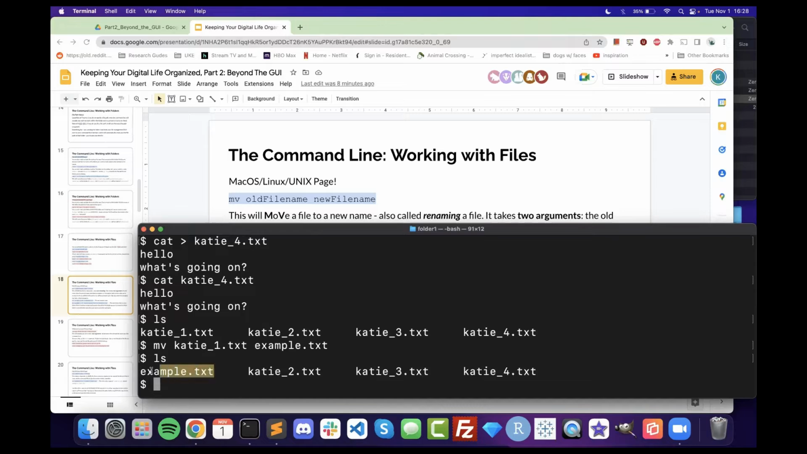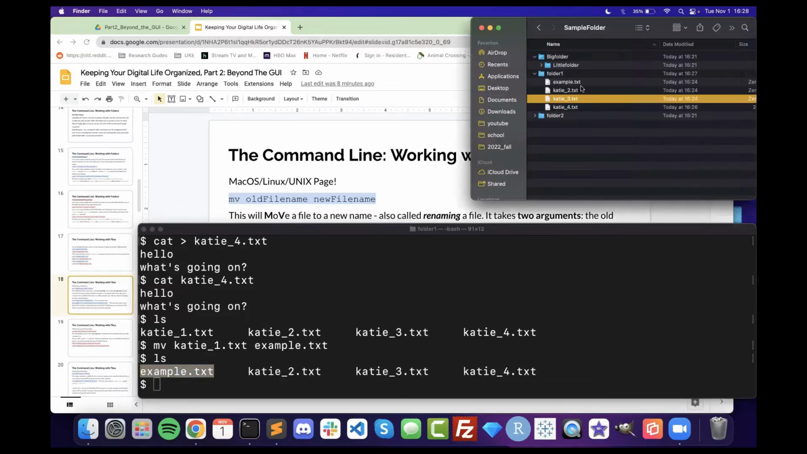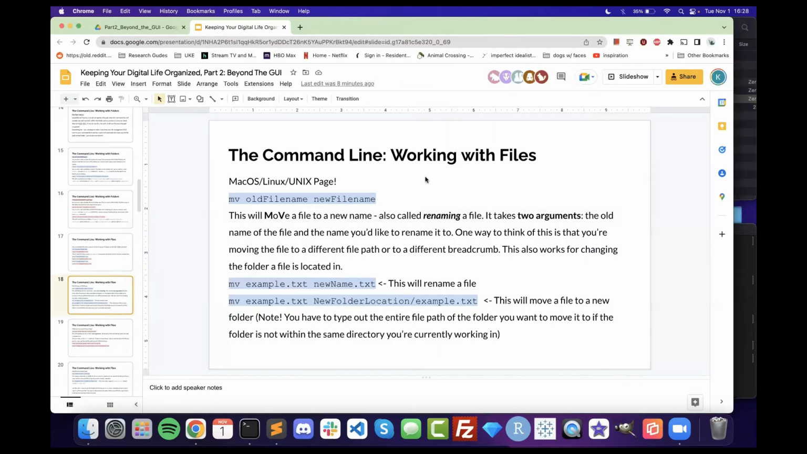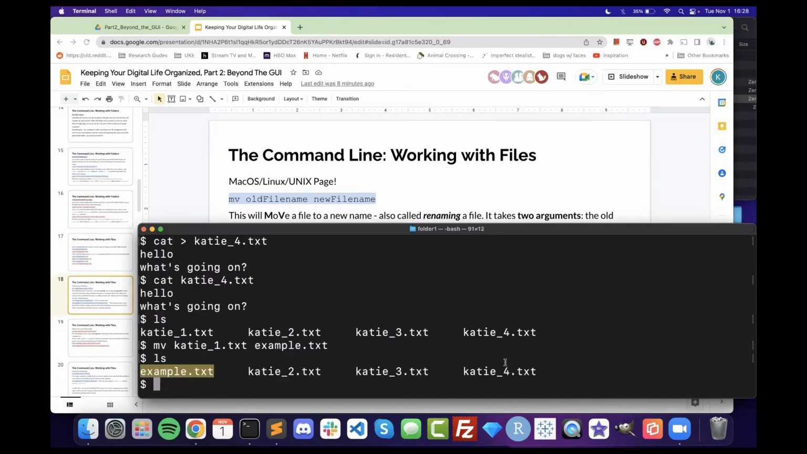It's changed, no more Katie1. We've got an example.txt. You can see that mirrored here in the file system too. So this is how you rename stuff, and you can rename stuff in a batch way as well. We'll go over that in a little bit. And this, again, also is used to move things. So let's say we want to move example.txt